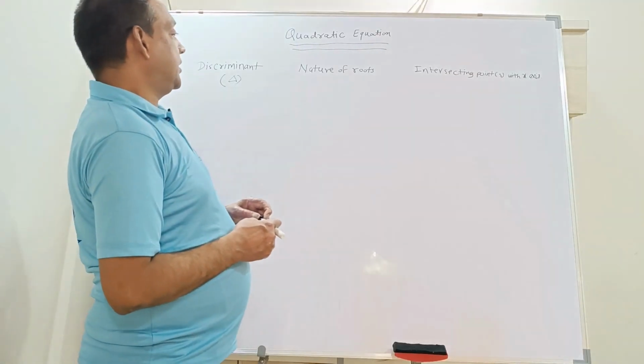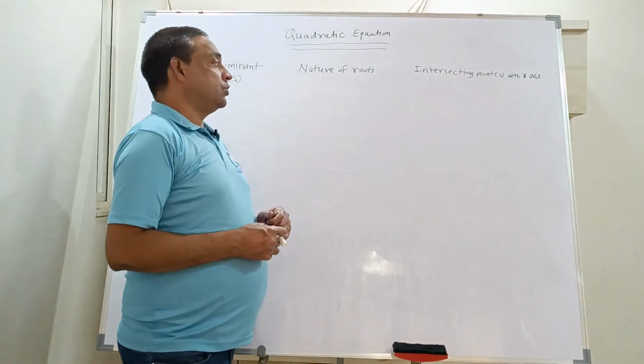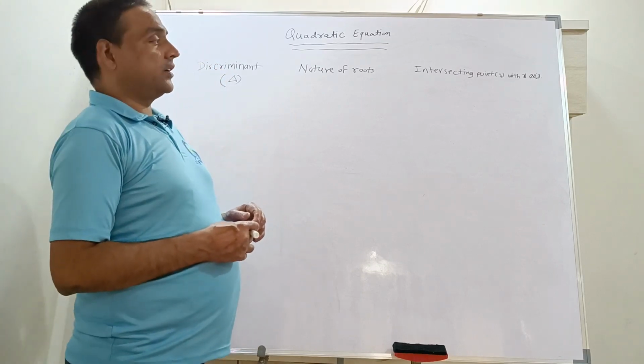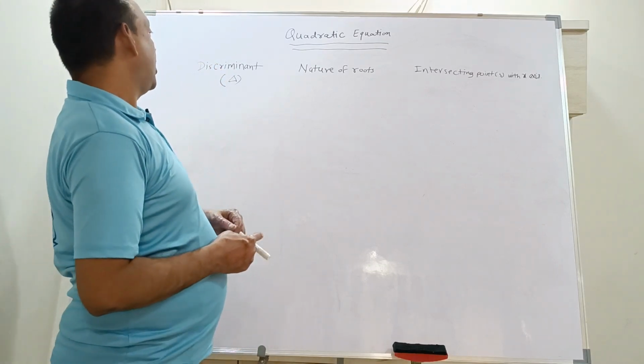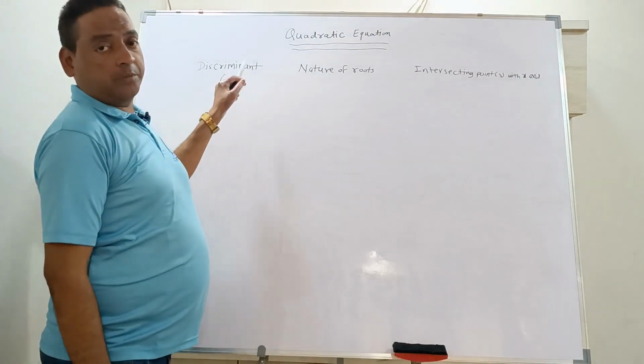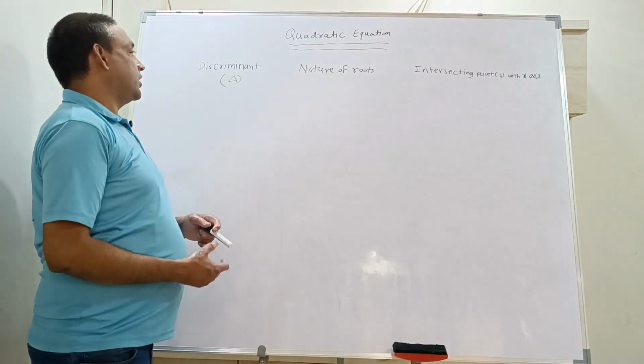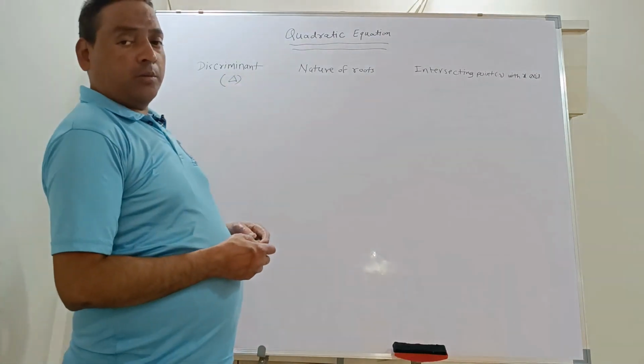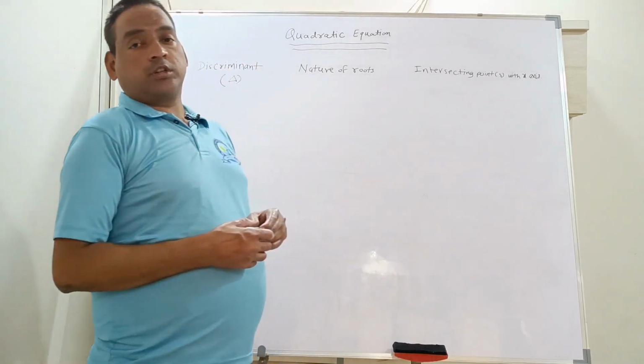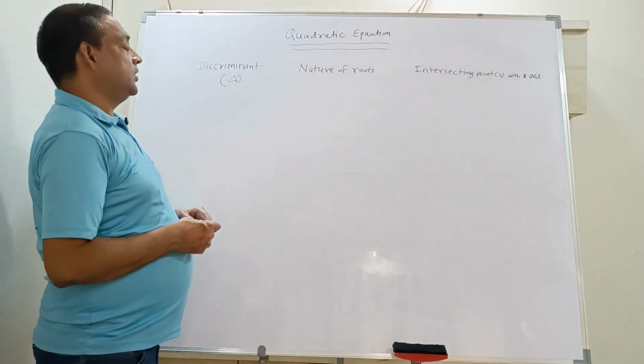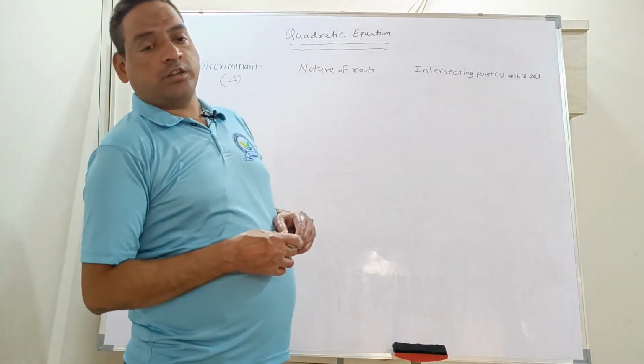The next part is to find the nature of the roots, or how many points the graph intersects the x-axis, which is also called the discriminant, that is delta. Just now we solved by the formula method, in that we got one of the roots like minus root 19. Then we'll say this is not a real solution.